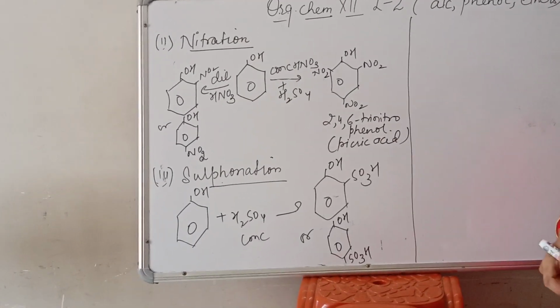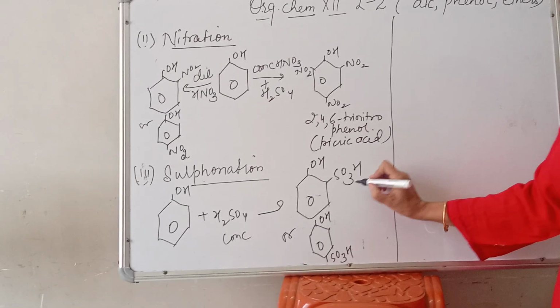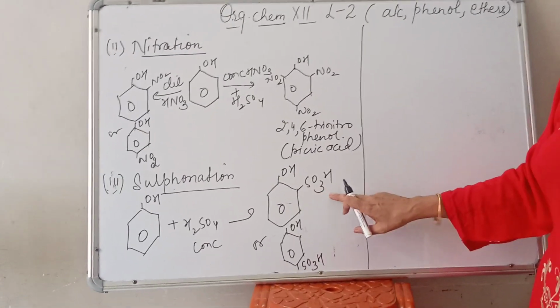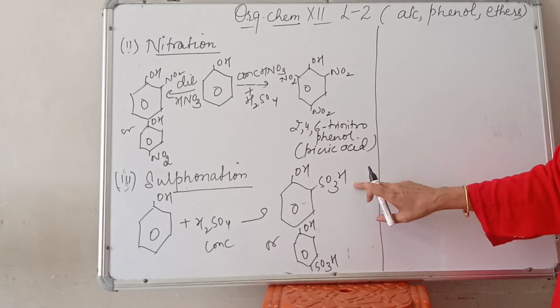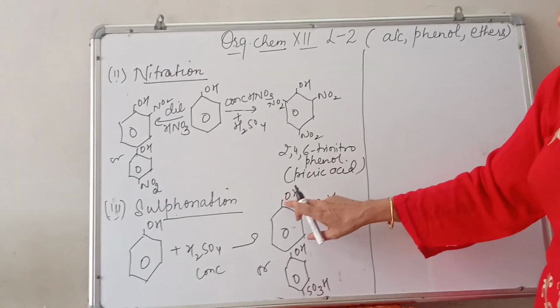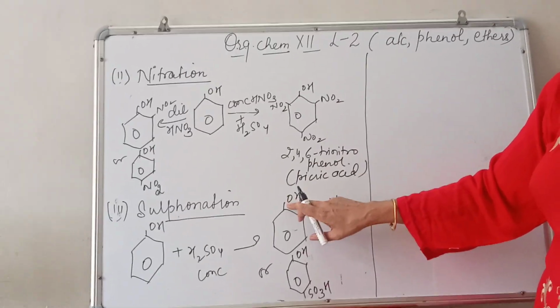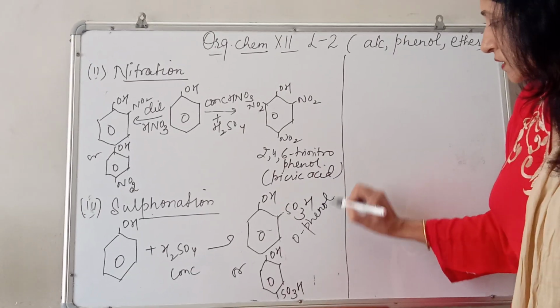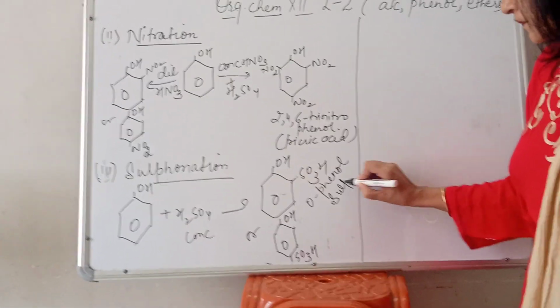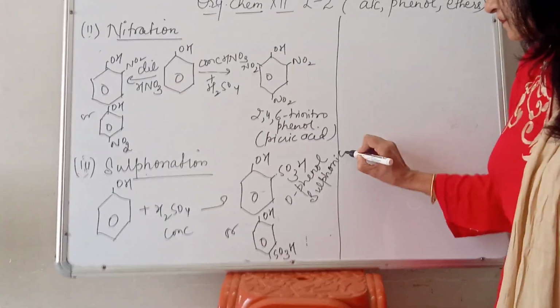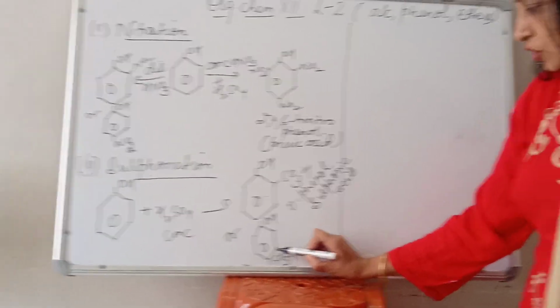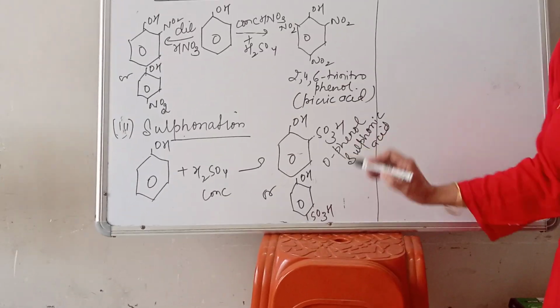Now this sulfonic acid group is the senior most group and the compound will end by this, so now we will consider the OH group. It is known as ortho-phenol sulfonic acid, and in this case ortho, meta, para. On para position the phenol